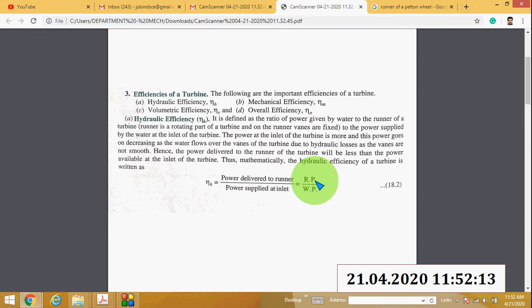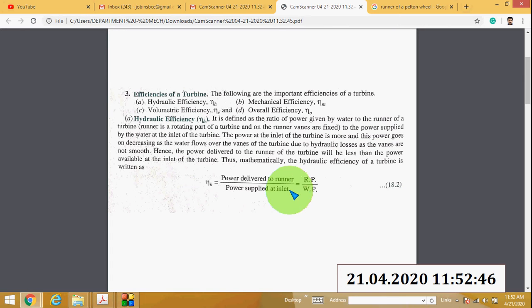Then runner power means, what is the runner? The runner is the rotating part of a turbine. The rotating part of the turbine is called the runner, and vanes are fixed on the runner. Vanes means blades. The power delivered to the runner is called runner power. So hydraulic efficiency is defined as the ratio of power given by water to the runner of a turbine